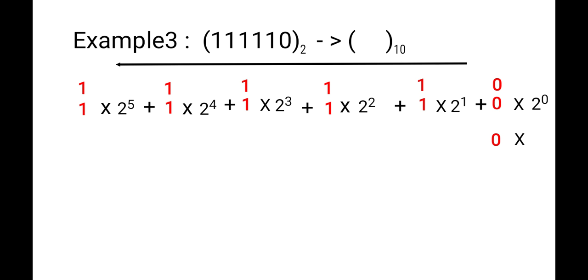As I told you, any number has a power 0, it counts as a 1. So 1 is coming. Now see, 1 multiplied by 2's power 1, number itself. So 2 is coming. Use plus sign. Note down the next binary digit. 2's power 2 means 2 multiplied by 2, 4. So 1 will be multiplying by 4. Put plus sign. Note down the next 1 digit. 2's power 3 means multiply 2 three times. 2 multiplied by 2 multiplied by 2. 2 2s are 4, 4 2s are 8.